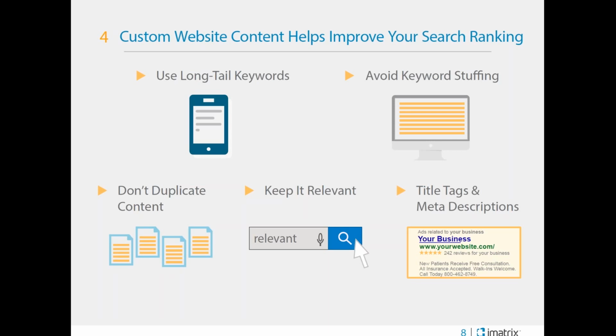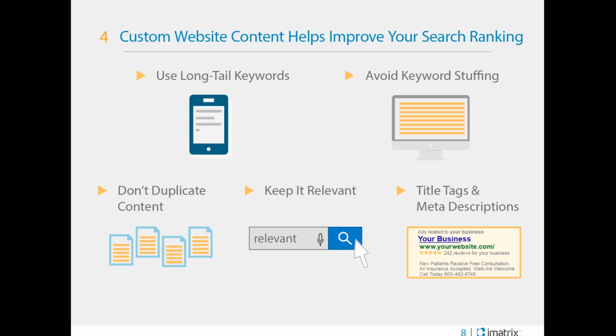So custom content, what is quality custom content? Here are a few pointers that can help you get started. We want you to write at an expert level. So whether you're writing blogs or you're writing web page content or press releases, whatever it is, write at an expert level. So articles that are obviously written by a novice do not qualify as quality.